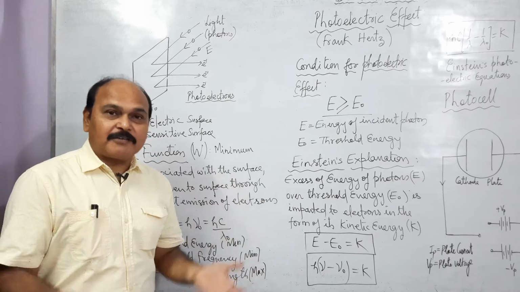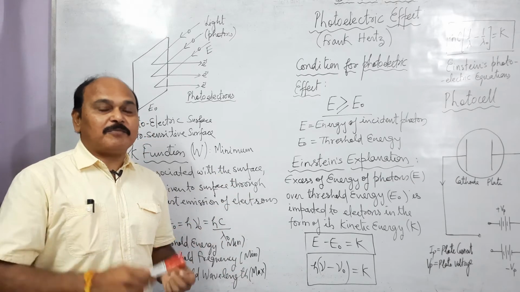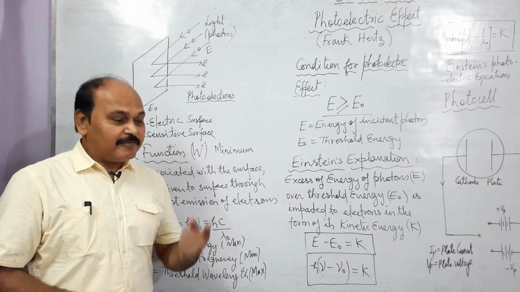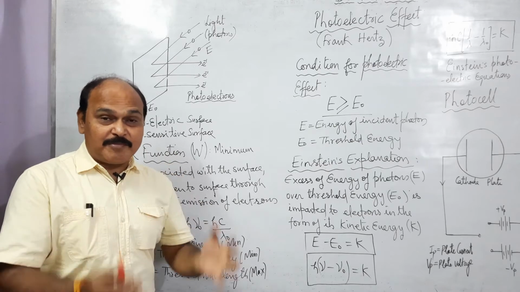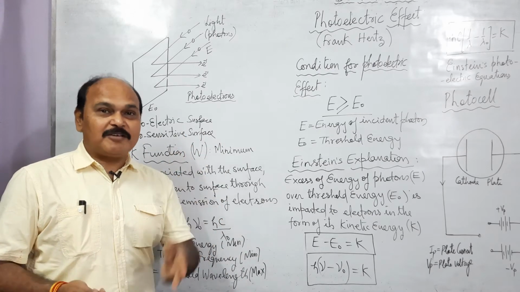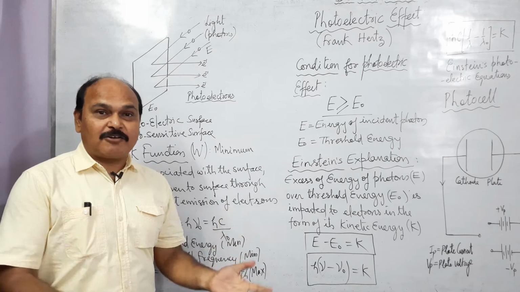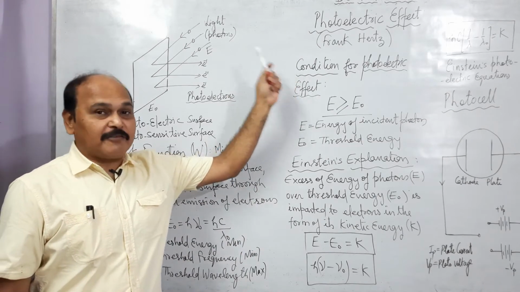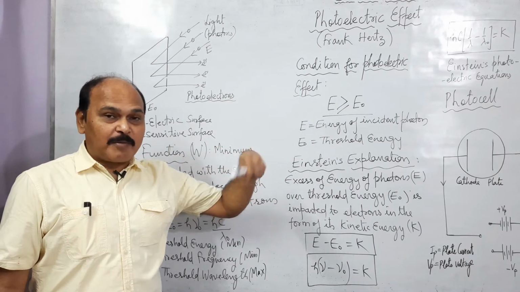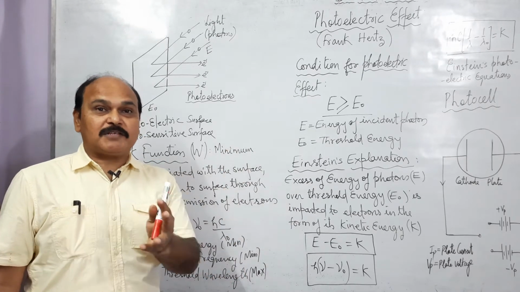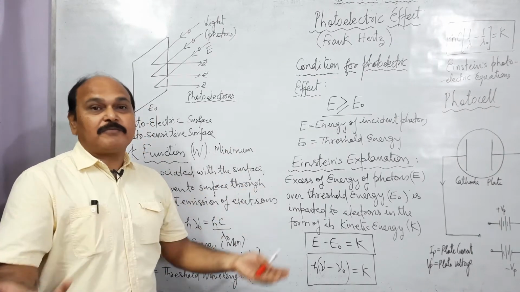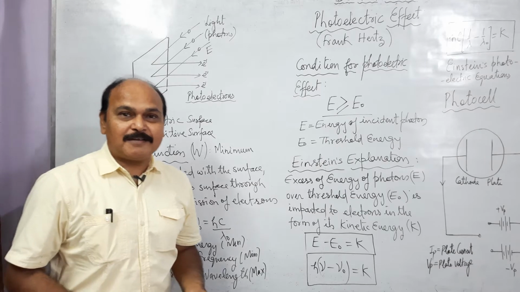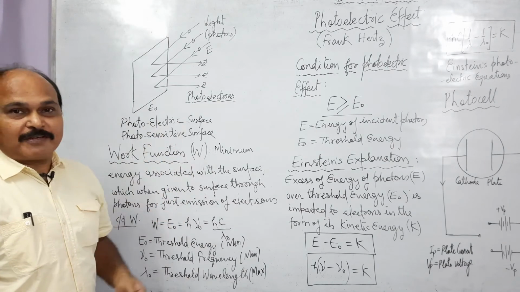Well, if we heat a surface, because of heating of the surface, again from the surface, electrons are produced. This is called thermionic emission. So we have field emission where high potential difference causes the emission of electrons. We have thermionic emission where heating produces electrons from a surface. And what we are going to study today is photoelectric effect, where electrons are given out of a surface when light falls over it. So let's begin our deliberation of photoelectric effect.